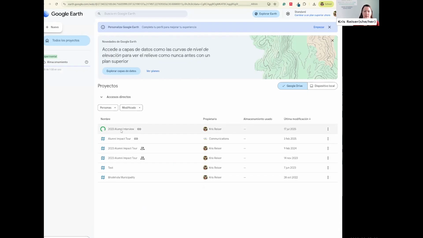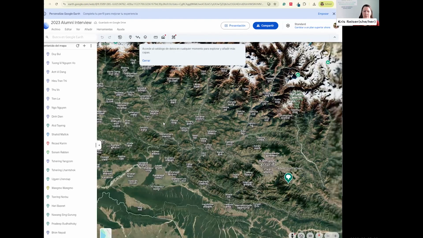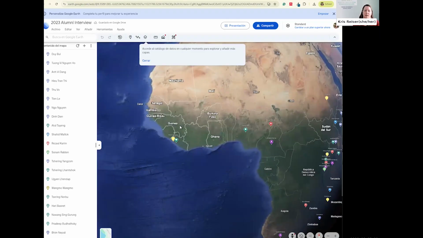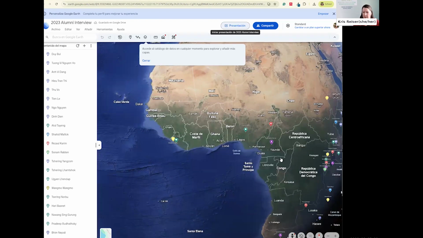And this was based off of chats that I had had. And so this is Google Earth. And maybe this is something that I can show you all how to do. But the point here is that everything that was in that map is now in Google Earth. The differences between the two: Google Earth is much heavier. It has a much bigger lag than Google Maps. And so I would suggest this is very interesting and dynamic, but doing a recording of a presentation, I believe, is much more helpful than